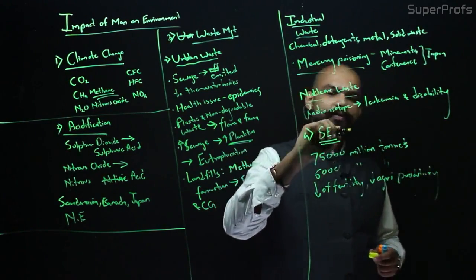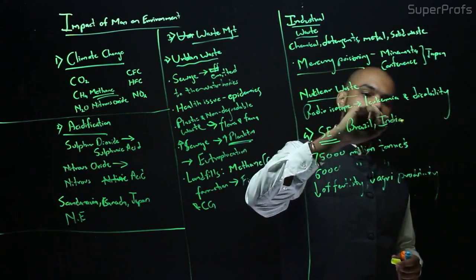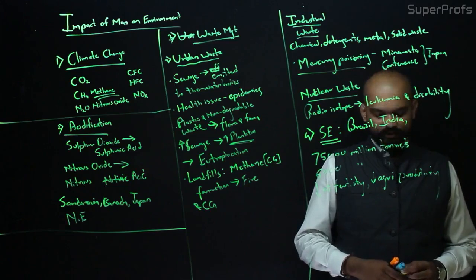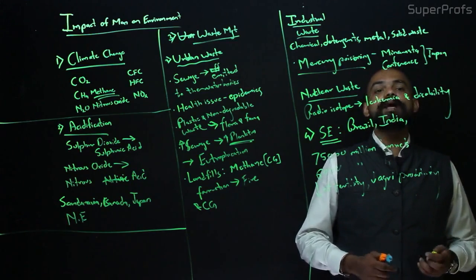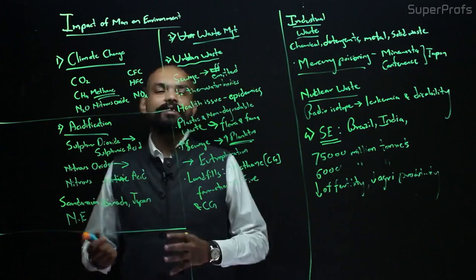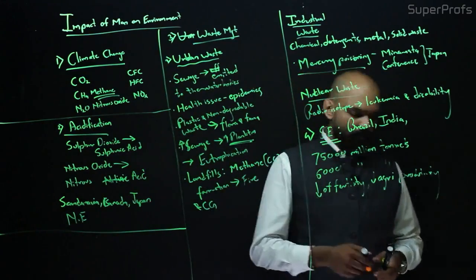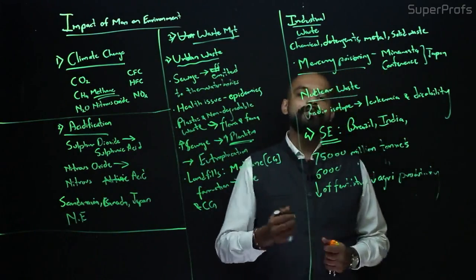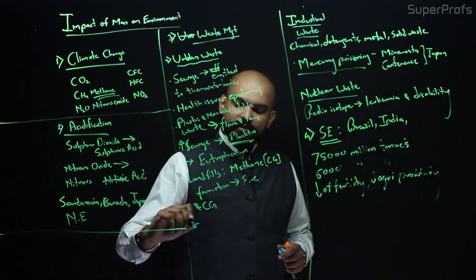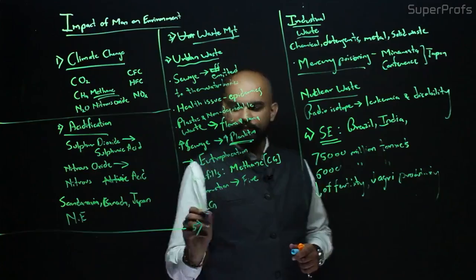Extremely important soil erosion is found in Brazil, Amazon Valley, India, Ganga Valley. Okay, it was also found in the Yangtze River of China. However, by building the Three Gorges Dam, the problem of soil erosion has been curbed to some extent. So we've discussed the Three Gorges Dam in the resources of China when we spoke about that. Okay, so this is one more negative impact that humans have had on the environment. The last but not the least, I'm writing it here. Okay. Last but not the least, the fifth impact that we've had